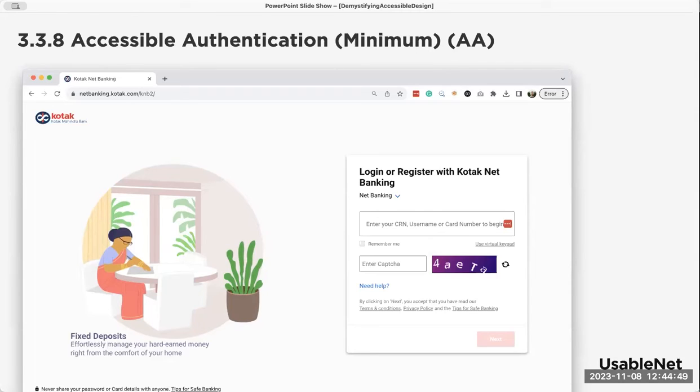This success criterion has a AAA alternative, which is the success criterion 3.3.9, accessible authentication enhanced, which essentially does not allow the use of object recognition and personal content recognition to be used as cognitive function test. So for the purpose of the